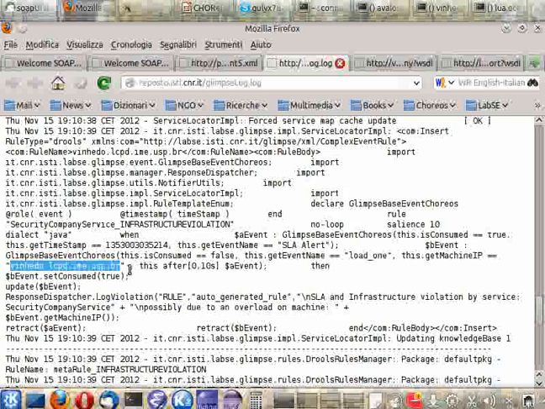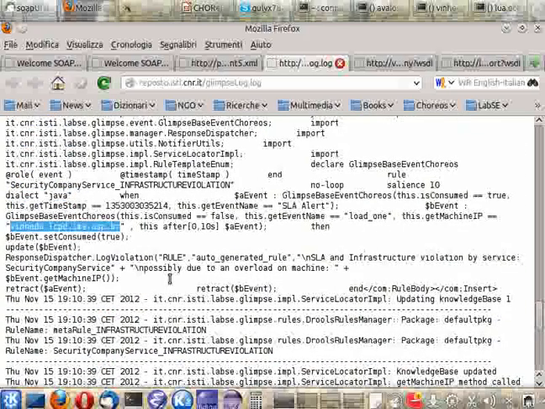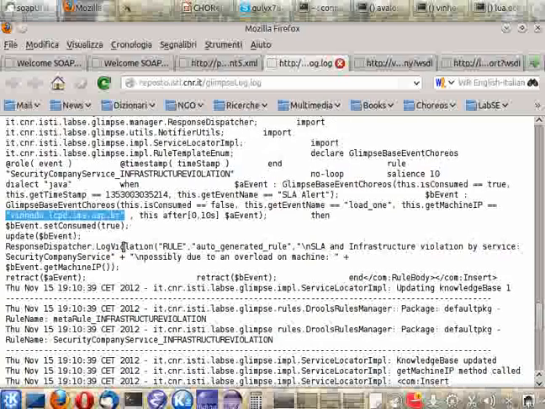So if this happens, we can infer that a problem may come from the infrastructure. If not, this is not the case. I will point out that this rule has been automatically generated, and as you can see, elements like the name of the machine where the service is running have been dynamically generated by interacting with the ESB.